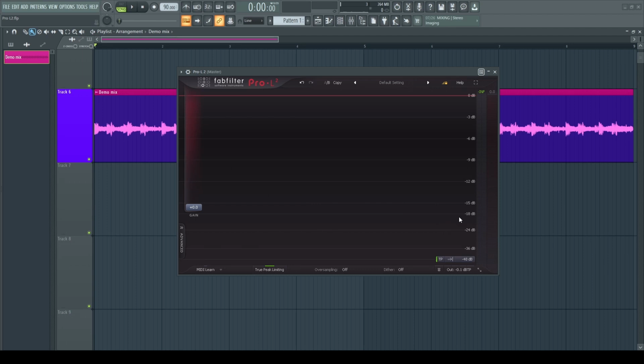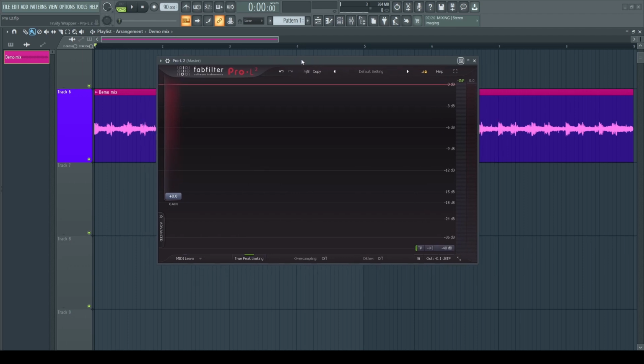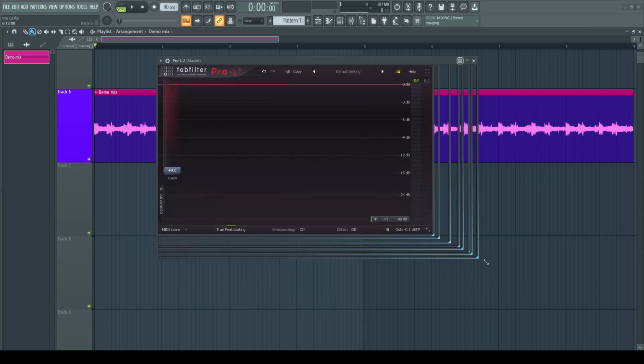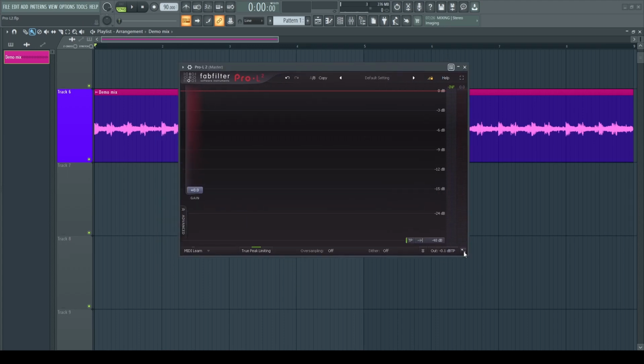Next, we have the resizability of this plugin, and you can do it in two ways. You can simply go to the bottom right section where you have this little triangle, and you can resize it like this, any way you want. The other way is to click on this little tab, and you have these four options.